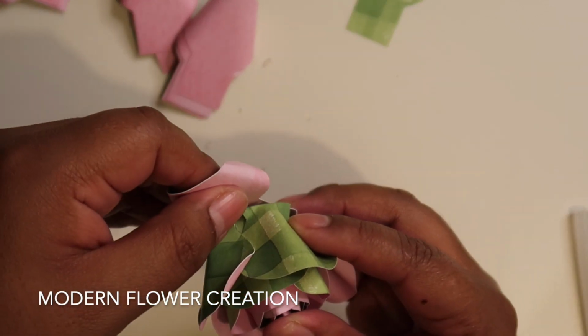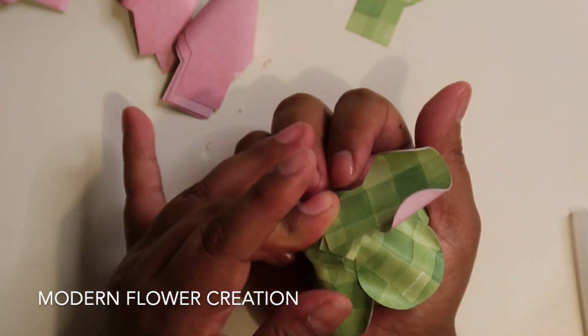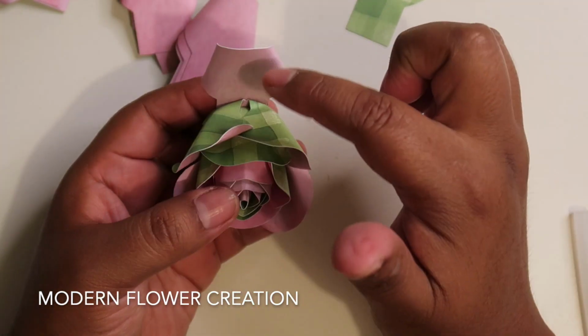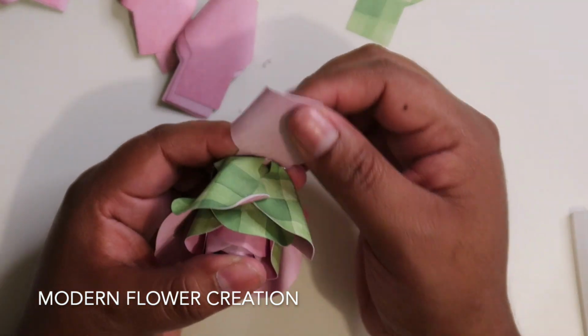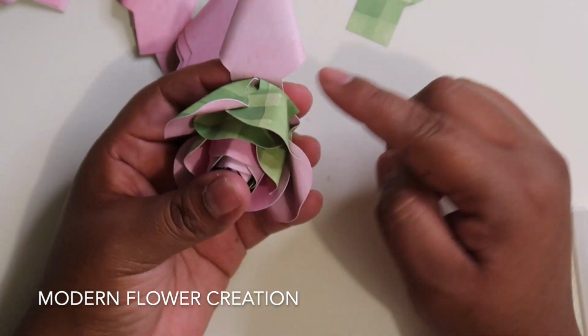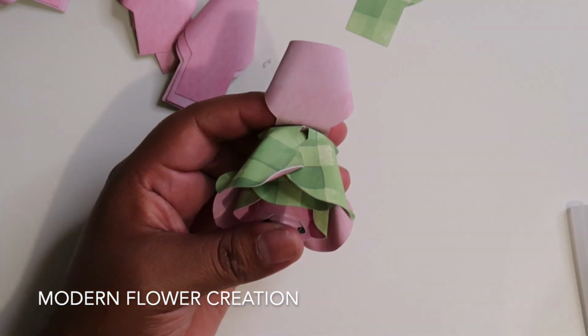And you're just going to add glue to one of the petals, making sure that you add a petal on each one of those openings. So just like that, just what I did right there, because then you're going to add glue here, and it's going to adhere to here and here. So I'll show you right now